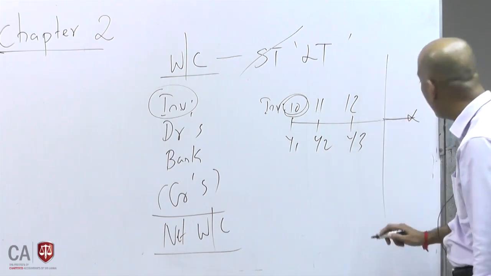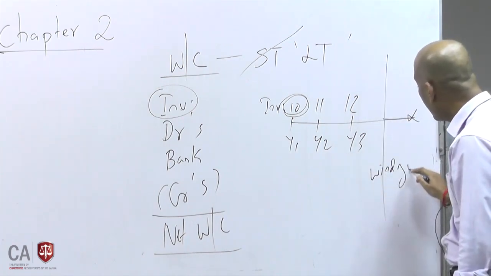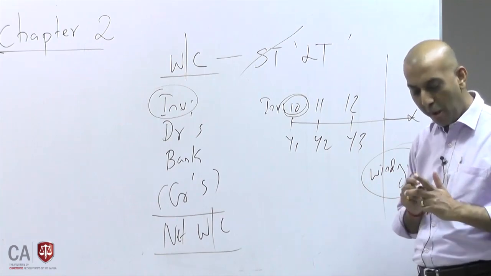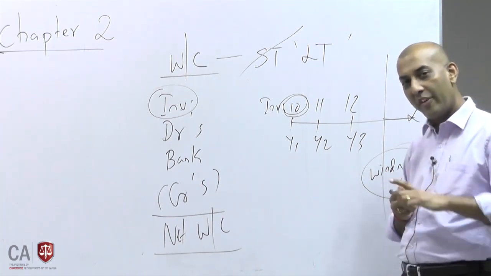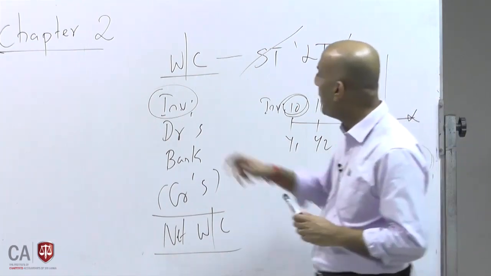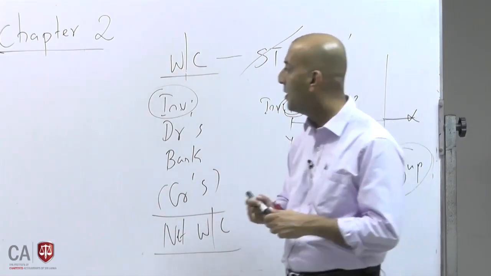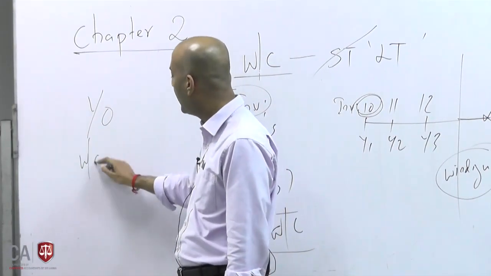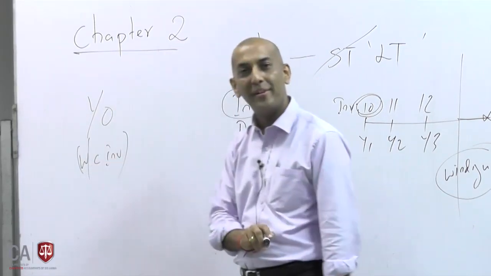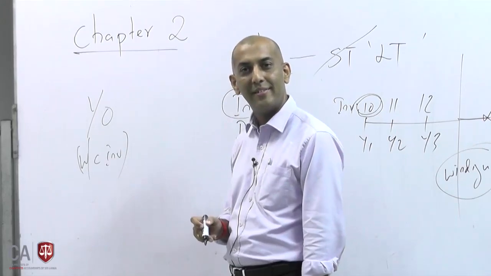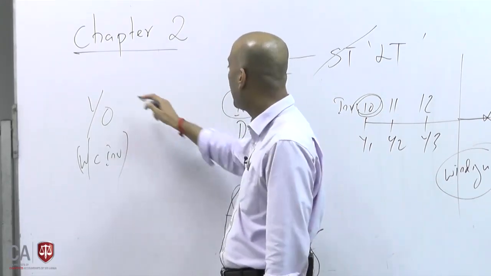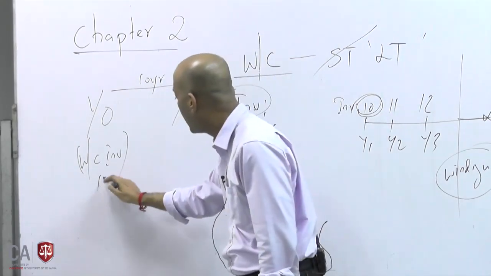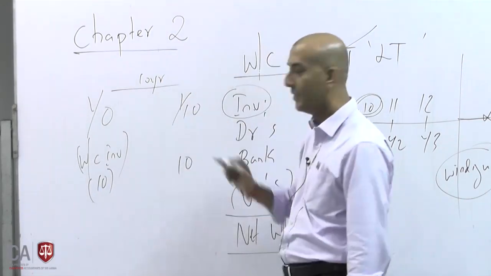Or if you are closing the company, say winding up, at that point you can take the inventory. If you can recall your investment appraisal knowledge, whatever level you have studied, working capital investment, which year cash flow? Working capital investment is a year 0 cash outflow. When do you recover this investment? If you take a 10-year period project, in the 10th year you recover your working capital investment, say 10 million, in year 10.